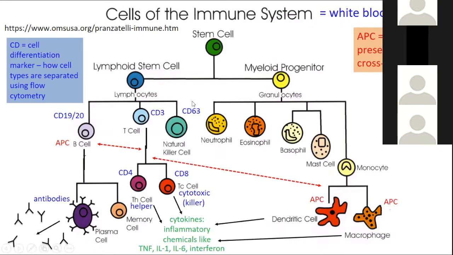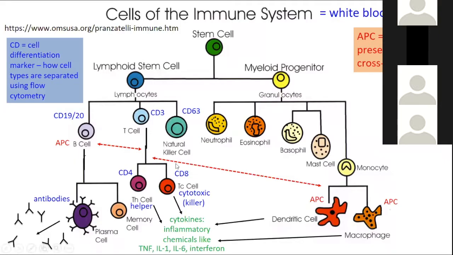Some of you might know these little abbreviations next to the types of cells, if you are familiar with flow cytometry testing for your child's white blood cells. So I just included those in case those letters are familiar to you. The most important thing to take away from this diagram is that we have two types of white blood cells, those called lymphocytes and those called granulocytes. And the lymphocytes are the main effector cells of the immune system. Anything that's labeled with this red APC, antigen presenting cell,